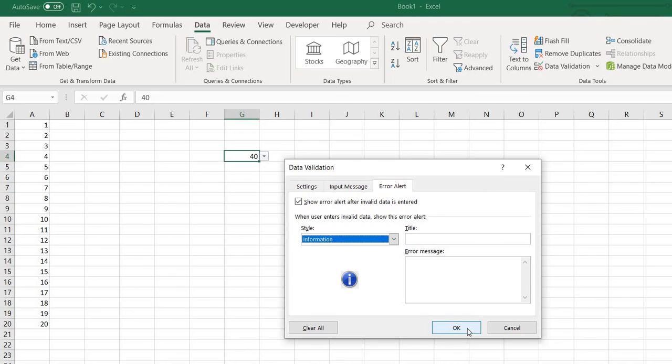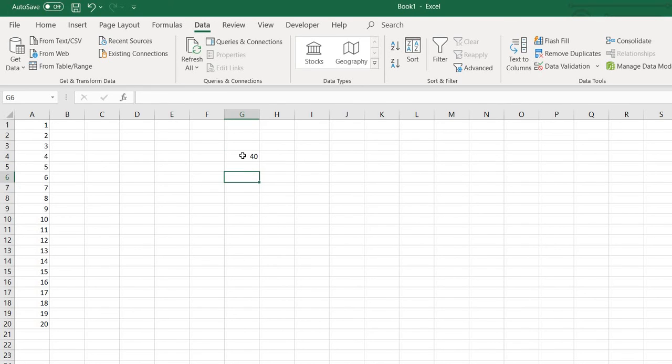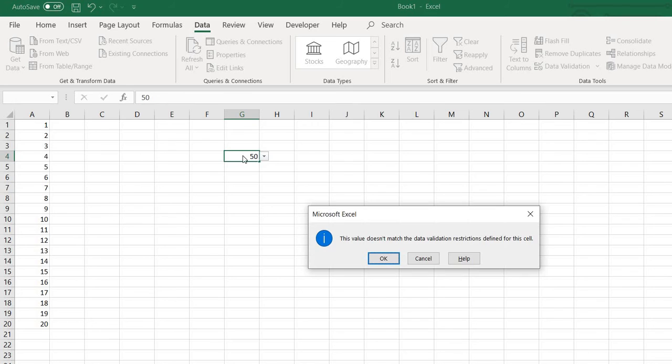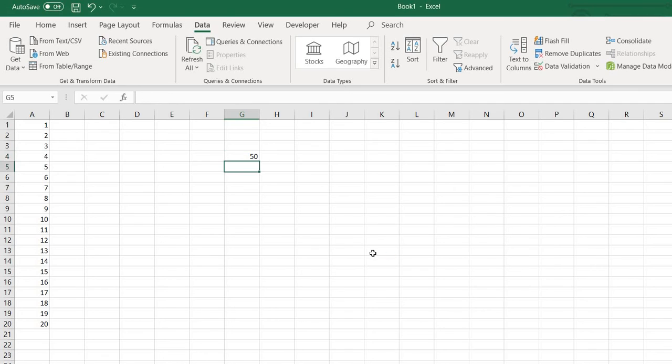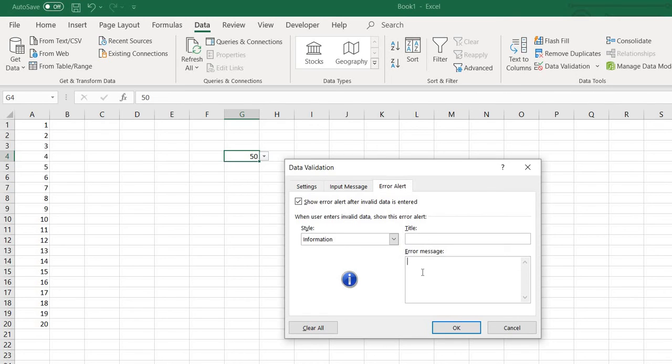Go to OK and suppose you put 50 now. Press enter. So it is a kind of information. You can just click OK, and it still takes the data. Now I'm going into the modification. I want to provide the error message. Suppose you have selected Stop, and you want to customize your message like "the input is not within the range." Okay,